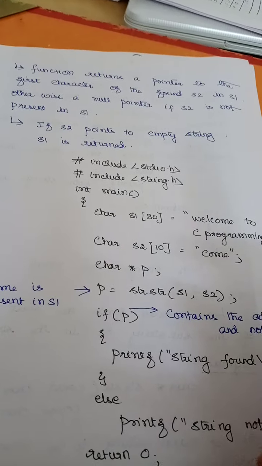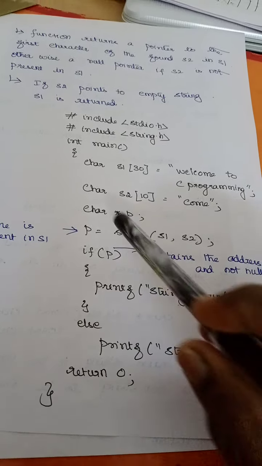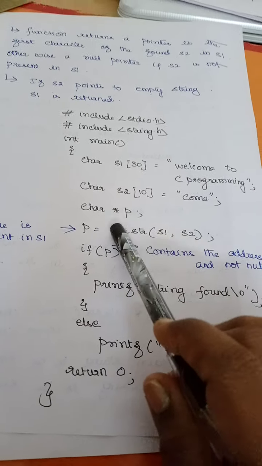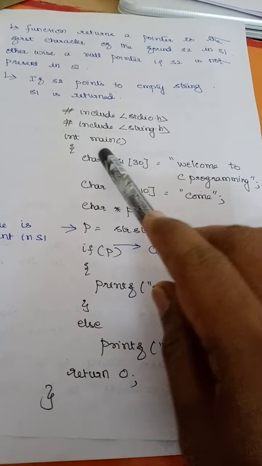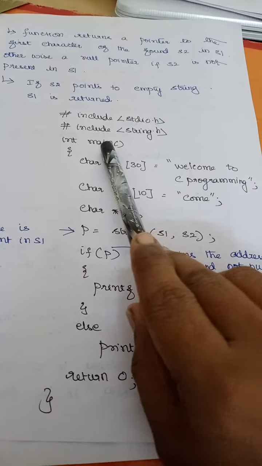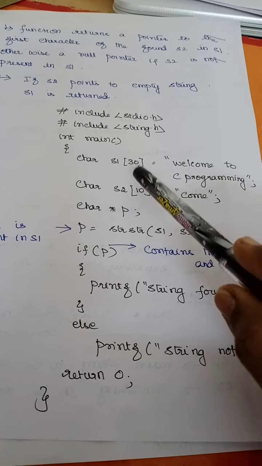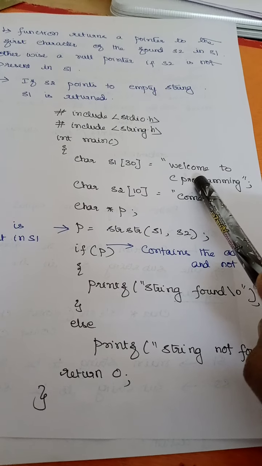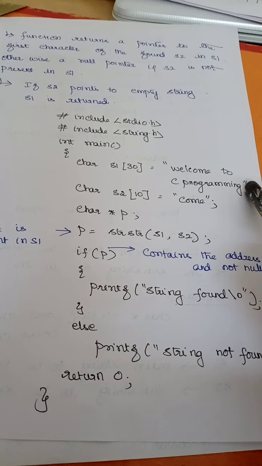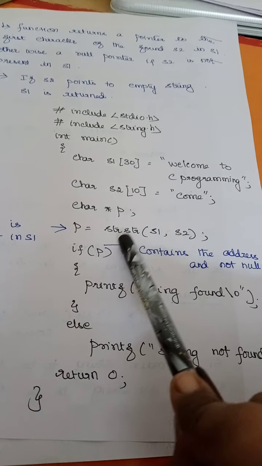Till now we have not seen what a pointer is. So I'll just tell you what this program is all about. No need to worry about this char star p and all. Once we see what a pointer is, then you can understand this, right? So for now just understand the basic thing of the program. Hash include string.h, already told you, since we are going to use string functions. I have got a character array. I can directly initialize it like this also as a string. If I initialize directly like this, a null character will be added at the end of the string automatically, right?